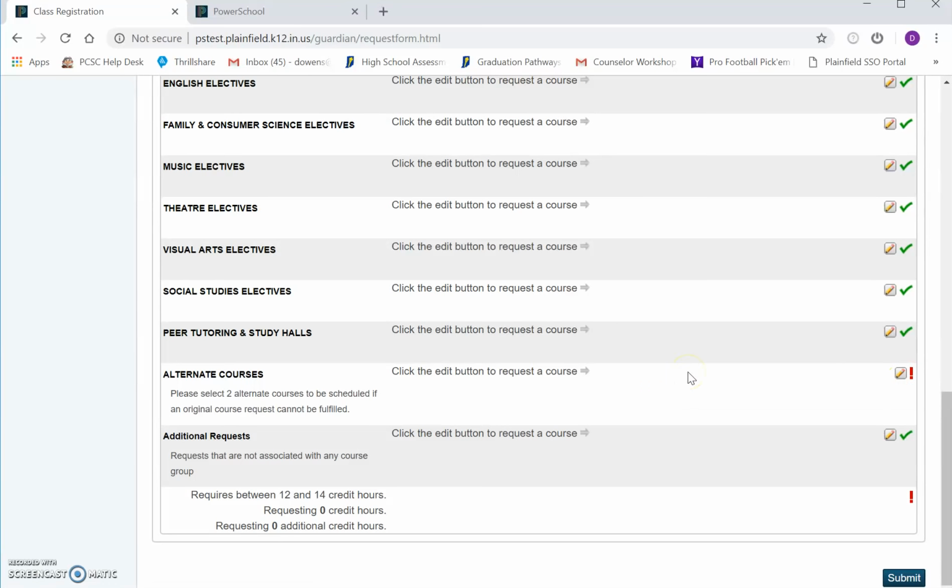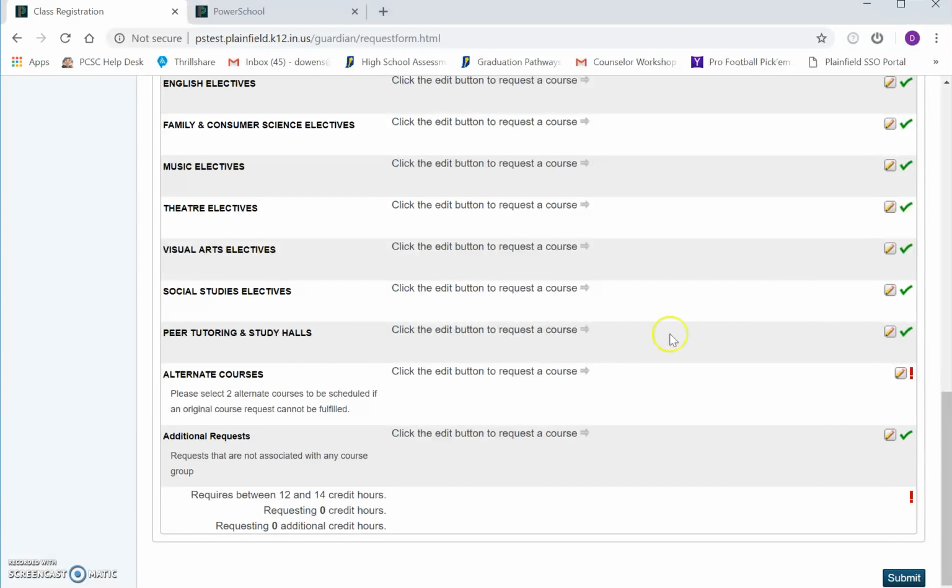That is required for every grade level: you need to put a couple of alternate or second choice courses in there. Those aren't selections; those are courses that you might consider taking if one of your main choices doesn't meet. For example, you might pick a second choice of science, or potentially English, or an elective area that you've picked. You can have more than two in there, but it would be a minimum of two. If you put more in there, it just means you are more assured that something you were thinking about taking will end up in your schedule without having to have maybe a meeting over the summer